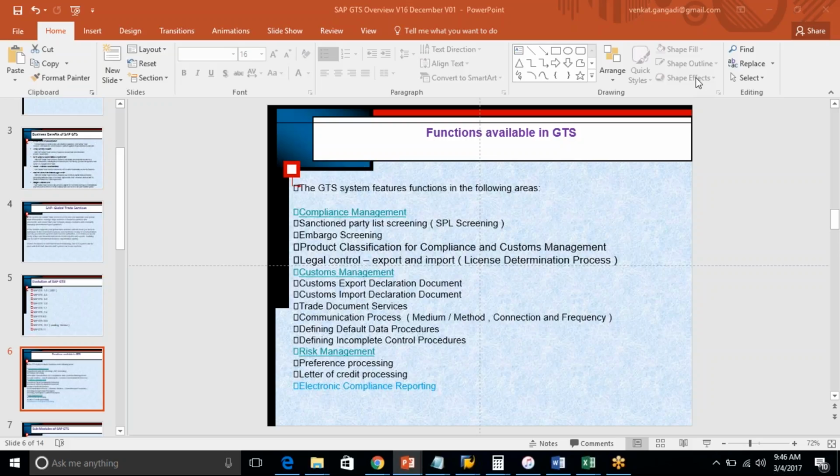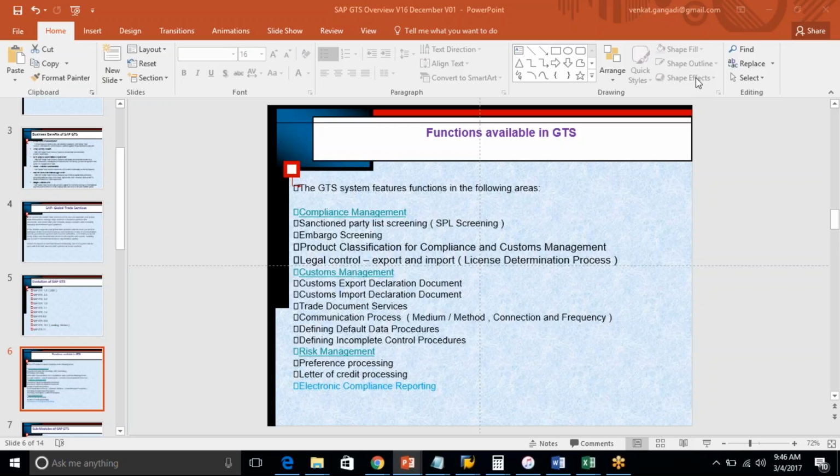That way you will have a high level understanding of the GTS module, which will also help you understand the scope of the GTS module. If someone comes to you asking what the GTS module is, or when you go for a workshop as part of your GTS implementation,